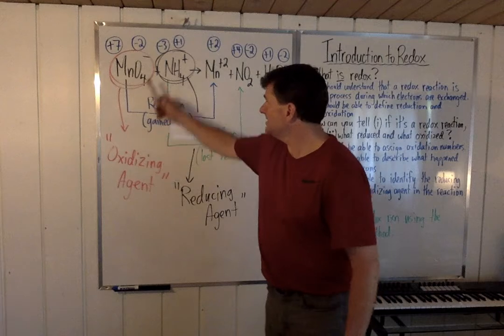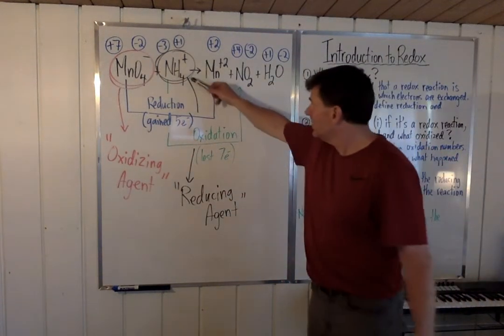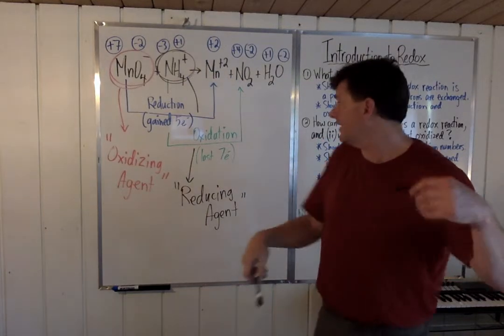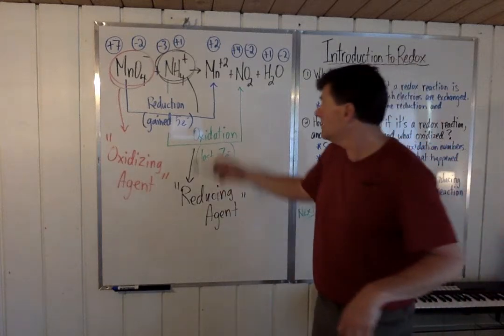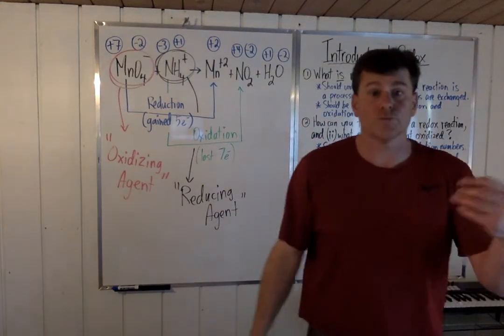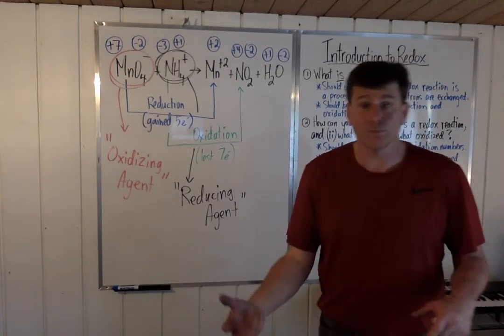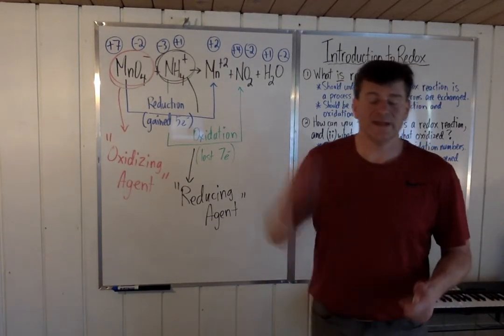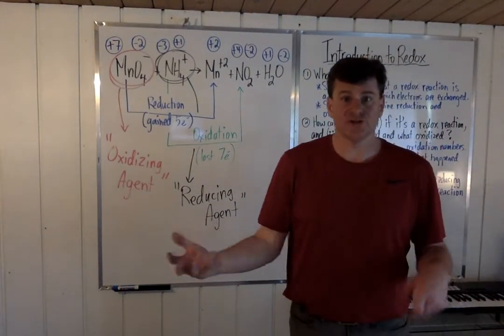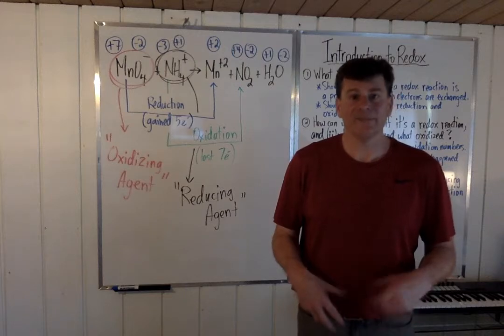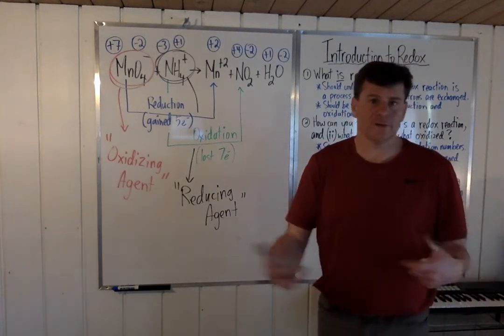So the oxidizing agent is the thing that reduces. The permanganate would be the oxidizing agent. The reducing agent would be the thing that oxidizes, and the ammonium contained the nitrogen that oxidized. So the ammonium would be referred to as the reducing agent. So if you said, during this redox reaction, ammonium was the reducing agent, it's telling you that something in the ammonium did the oxidizing during this reaction. Okay? And that terminology, you'll hear it all the time. It will hopefully become just part of your regular chemistry vocabulary,